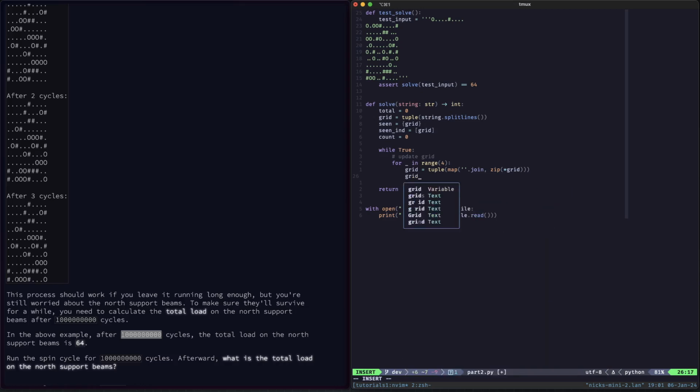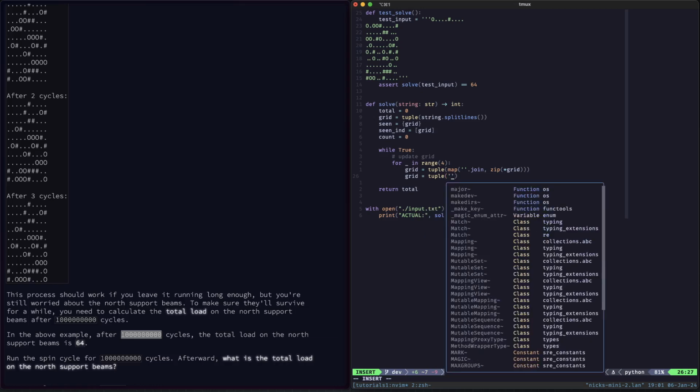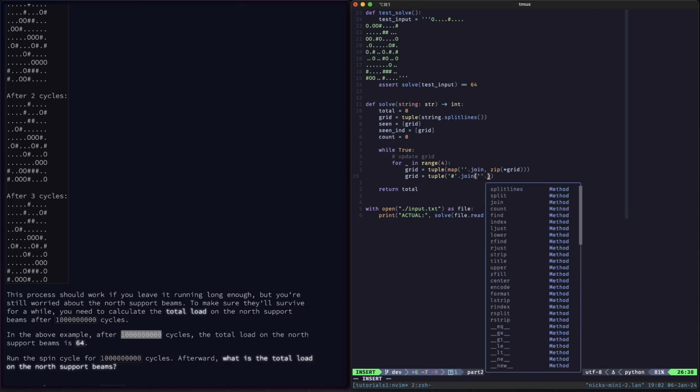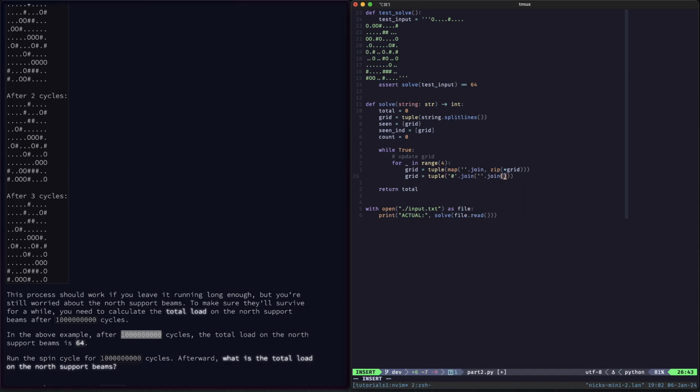So if we do tuple, so we're just going to modify it again, but this time we are going to do the sorting. So we've got the hash is what we want to join on, and we are going to join it all together by getting another join, but this one is going to be a sorted